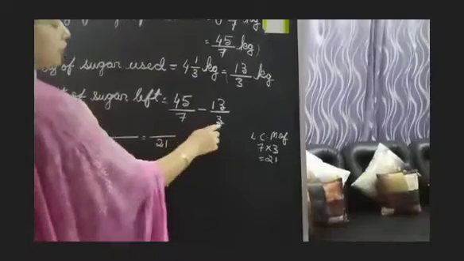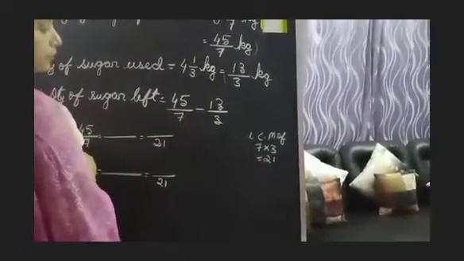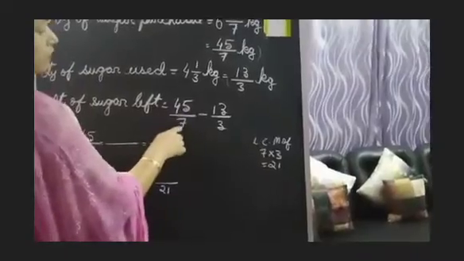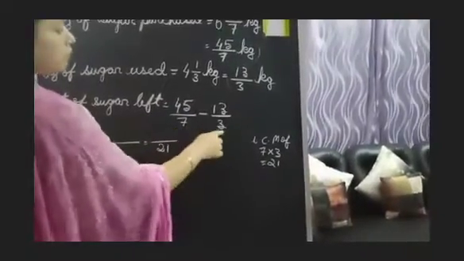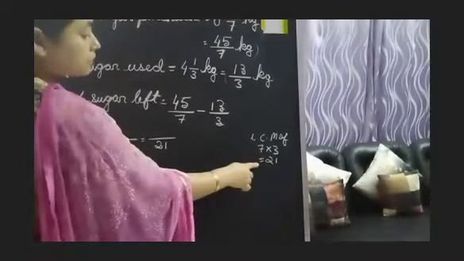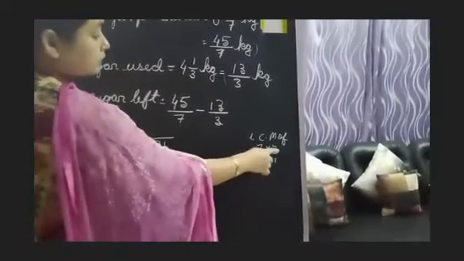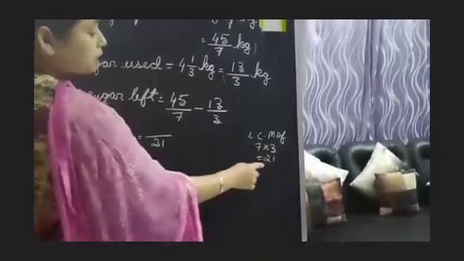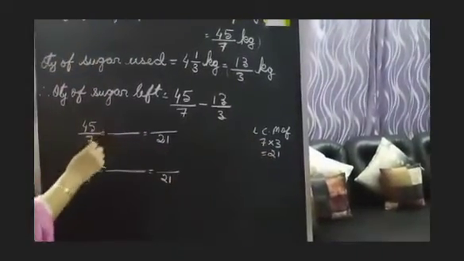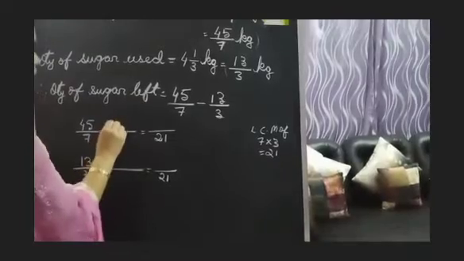So this type of exercises we have already done in the previous exercises. Now what we will do here, 7 into 3. First we will find the LCM of the denominators, which I have already found here. Both are prime numbers, so you just multiply, and you get the LCM 21. Now I will proceed with the steps.